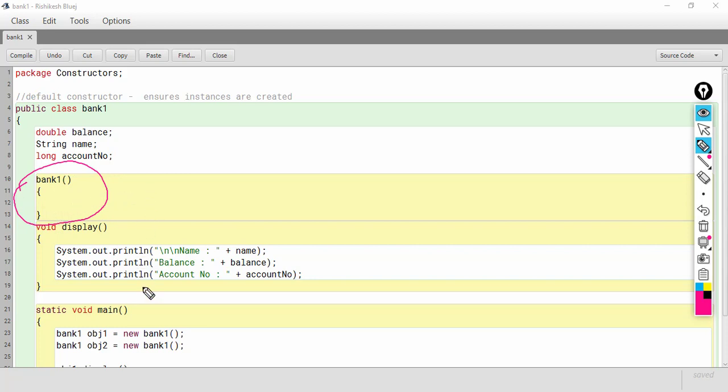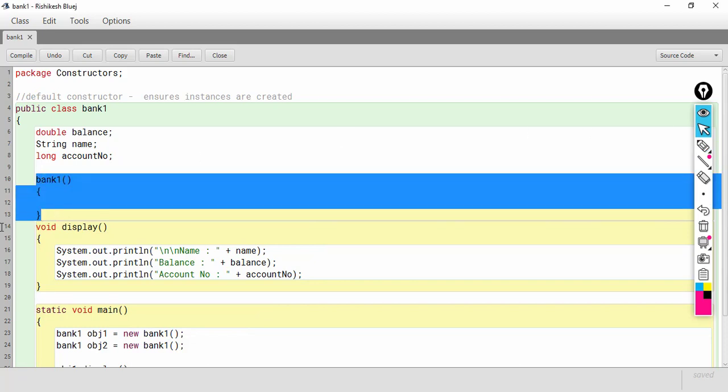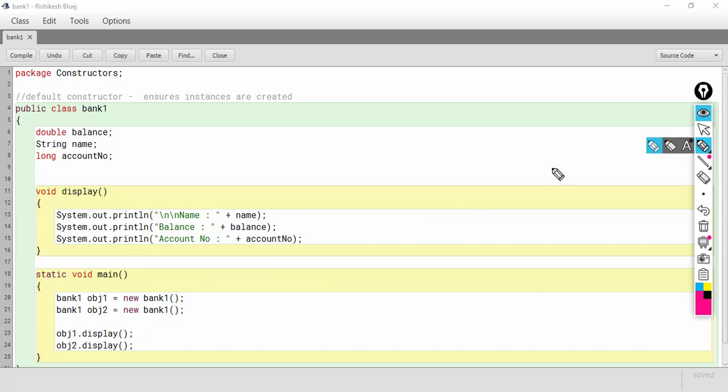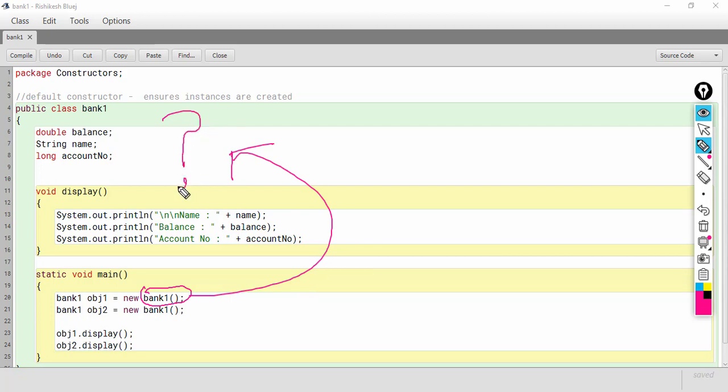Now whenever this new bank1 is executed, control transfers to the bank1 constructor. But what if this constructor is not there? If I remove it, then this call to the constructor will go where? We don't have a constructor. So will this result in an error?